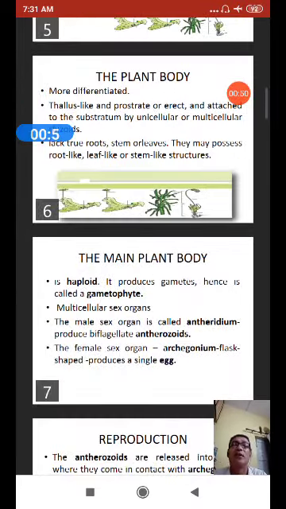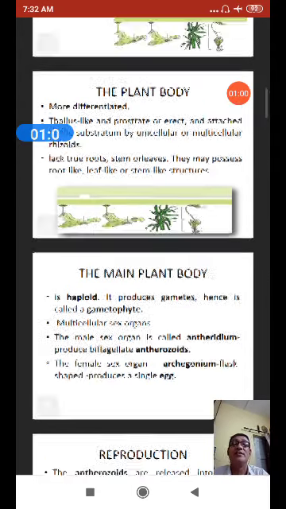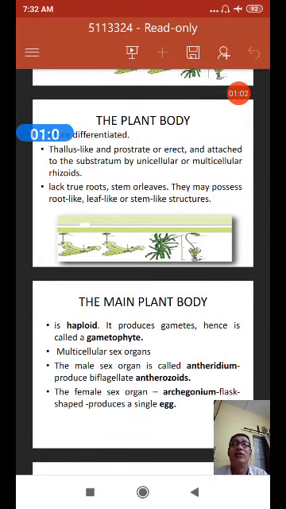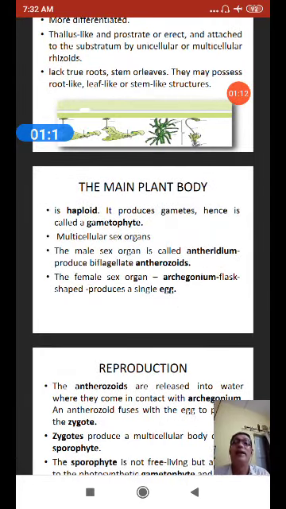The plant body is thallus-like, prostrate or erect, attached to the substratum by unicellular or multicellular structures. They don't have true roots, stem or leaves. They have root-like, stem-like, or leaf-like structures. Whenever the main plant body is concerned, the